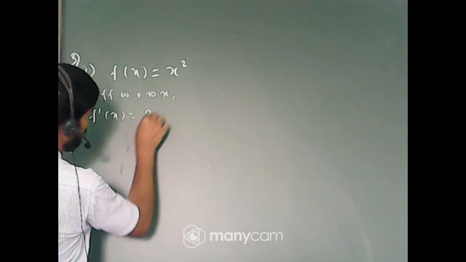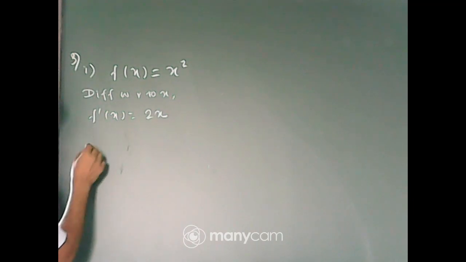The first question is f of x is equal to x square. We have to find the local maximum value or the local minimum value of the function. We know how to find them by applying the second derivative test. First we'll find the derivative of the function. Differentiating with respect to x, we have f dot x is equal to 2x, and differentiating again